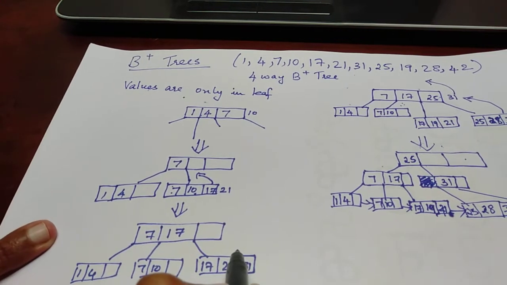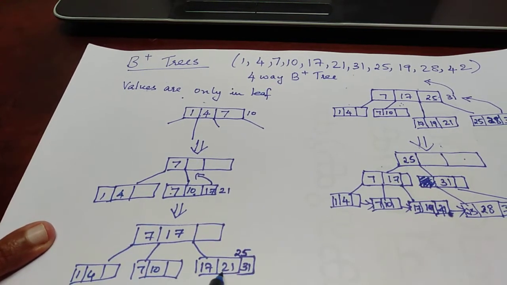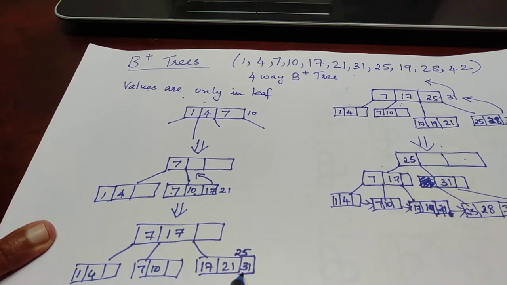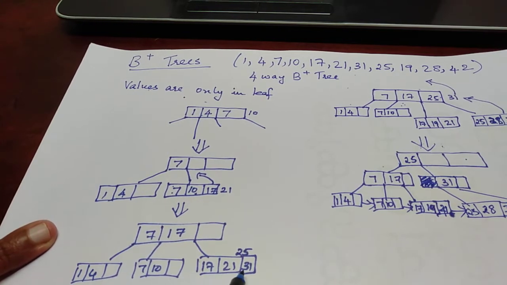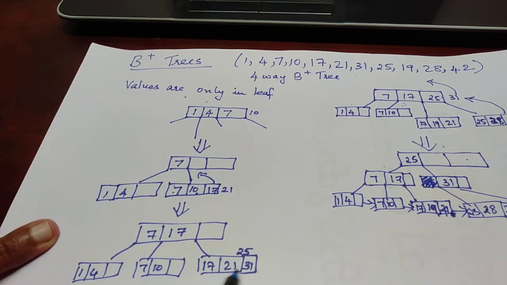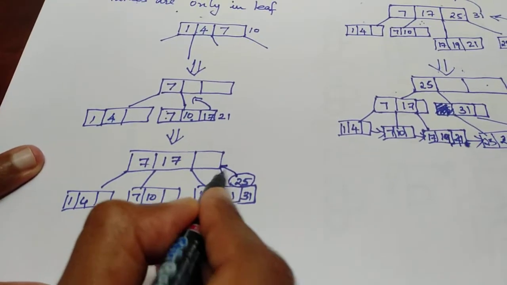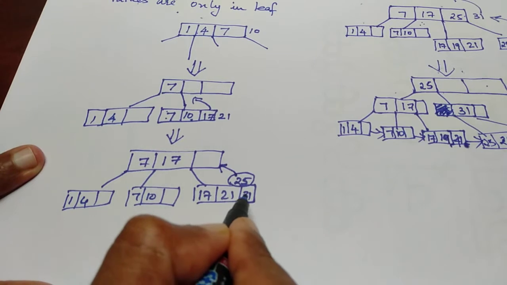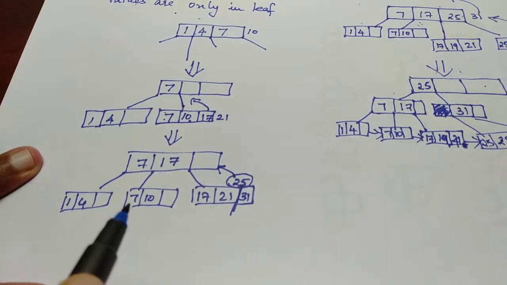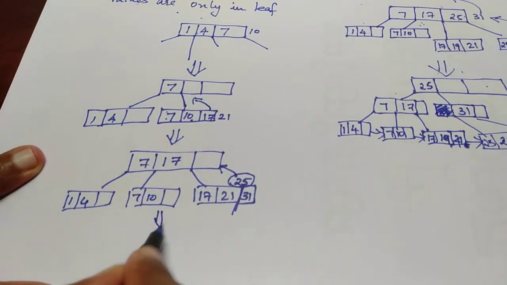So it is actually supposed to be placed in between 21 and 31. Okay, and since I am using the right bias, I am going to push this element on top, and this will split at this particular point. It will get split at this particular point. So now I will have